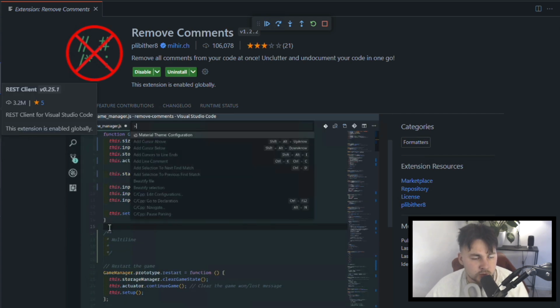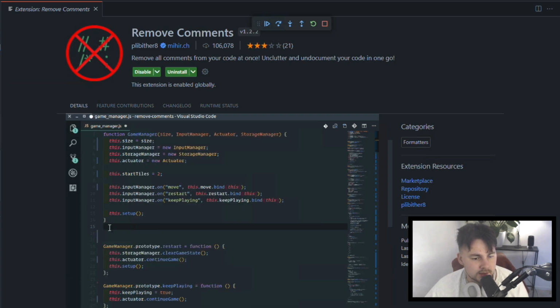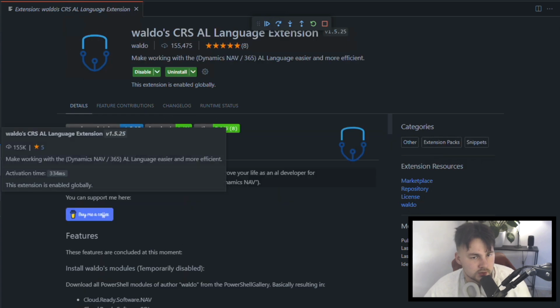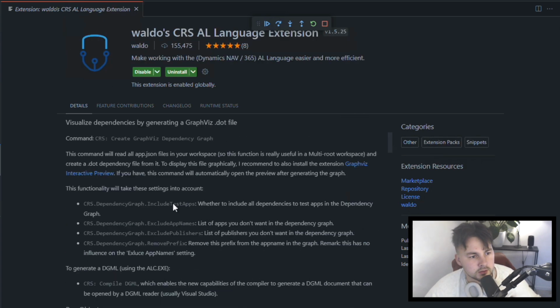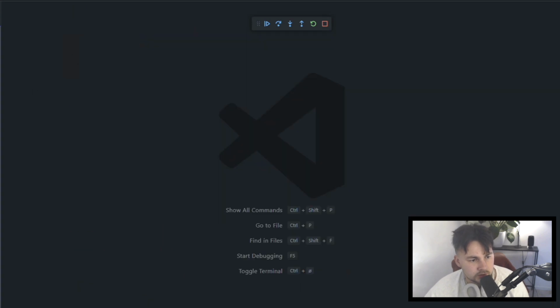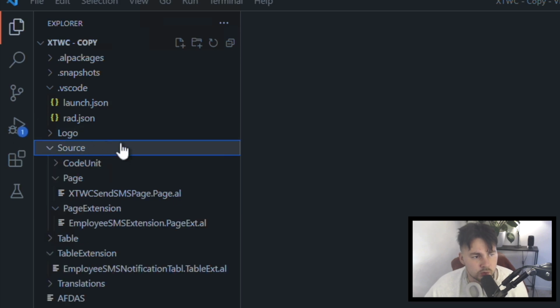I tried remove all comments, but it didn't work that good for me. At least it added a lot of spacing, and that was a problem. Also had to do highlights, so we can highlight the to do. And also Waldo CRS AL language is also kind of necessary to have for something. I don't remember exactly why. Okay, that's it. And the project itself is quite not simple, but I mean